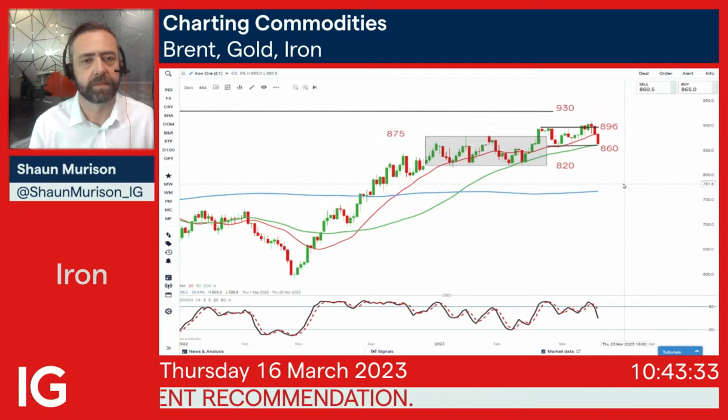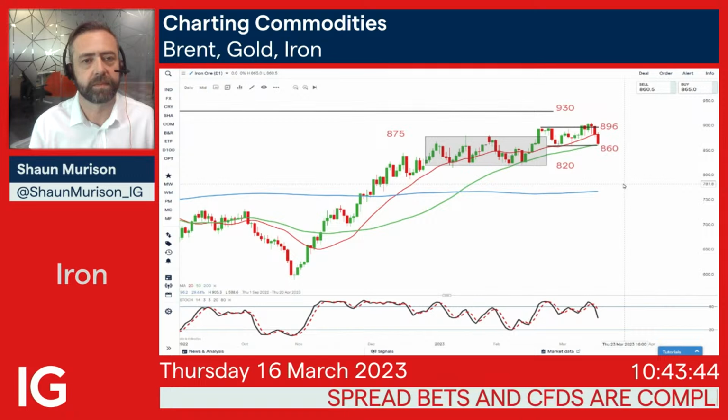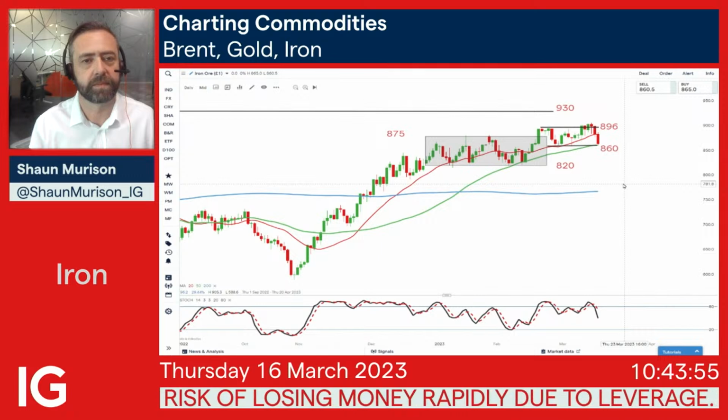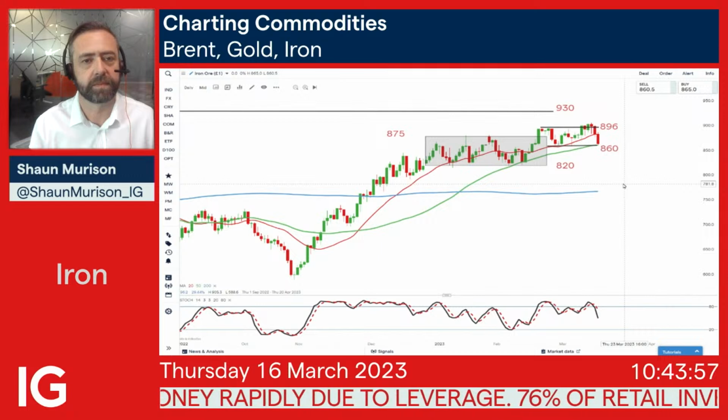Now, while iron ore is not the most heavily traded IG product by retail traders, it is really relevant if you are trading diversified miners. Really is accretive to earnings when the price is rising, and obviously negative for a lot of these diversified miners when it is falling. So definitely something to watch here, certainly as even a barometer for underlying markets, especially those